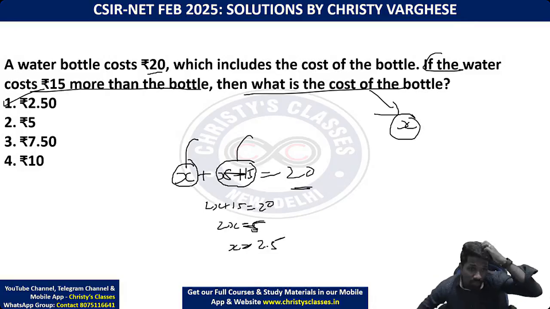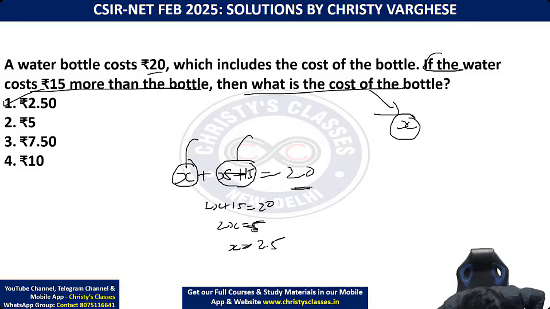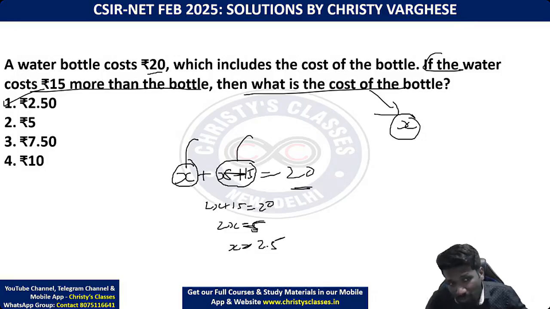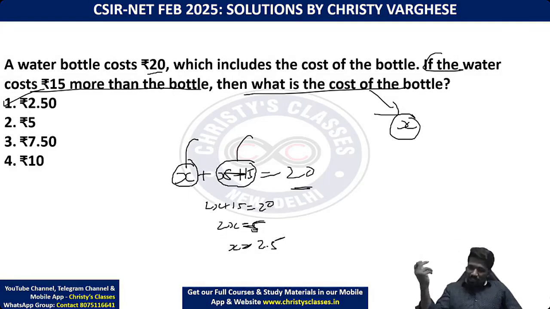and say 20 and 15, so the difference is 5. One is 15 and one is 5. No, that won't satisfy the second sentence. Water cost is 15 more than the bottle. 5 and 15, the difference is not 15. Nah, that is 10. But if it is 2.5, the remaining is 17.5. The difference is 15. This is actually a puzzle that I normally ask my students when I conduct seminars